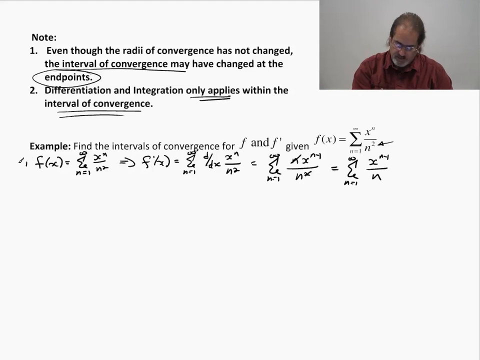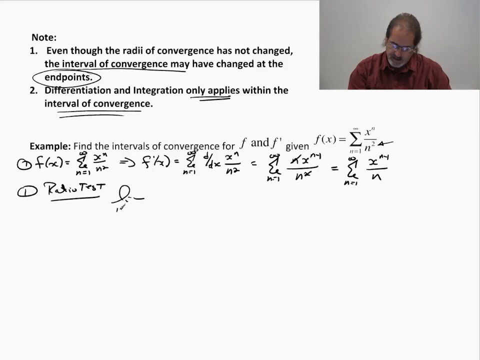So let's start off first with the original function. Let's take a look and see if we can find the radius and interval of convergence. So for the radius, I'm going to take a look at the ratio test. And I'm going to take a look at the limit as n goes to infinity of absolute value x to the n plus 1 over n plus 1 squared times n squared over x to the n,